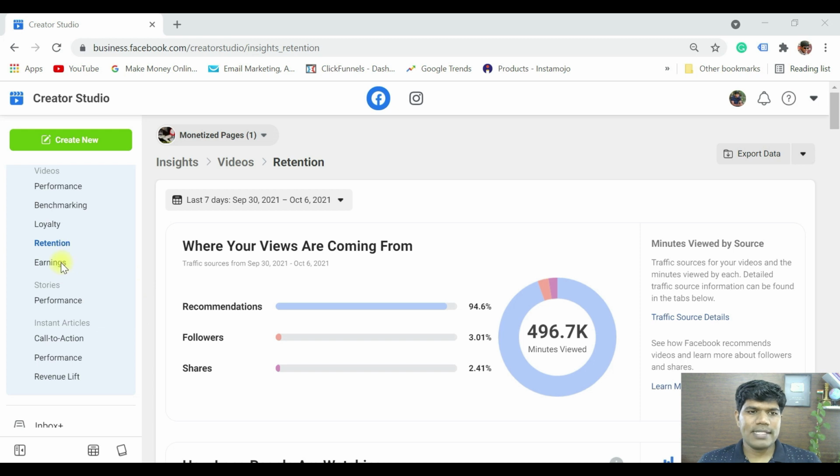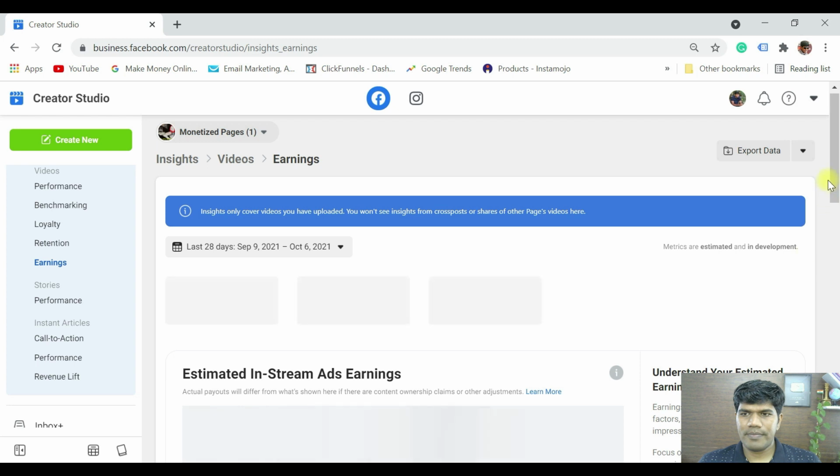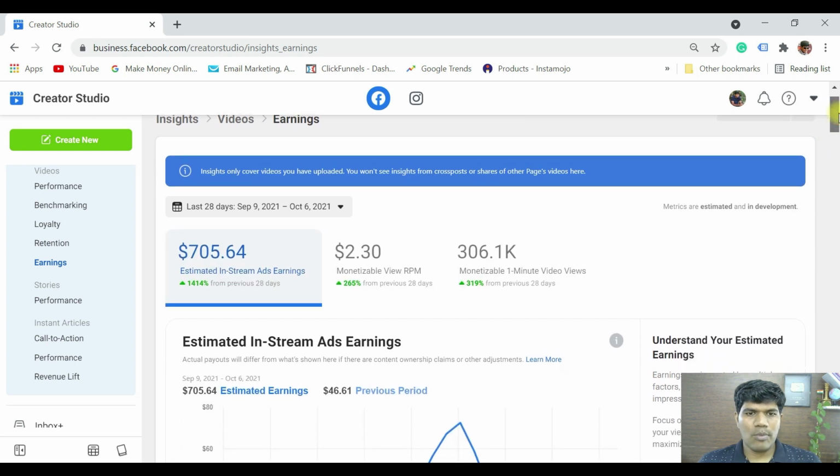So after retention, next let's check for earnings. Here you can check based on different timelines. Let me just select the last 28 days. Okay, so this is the amount that has been earned,